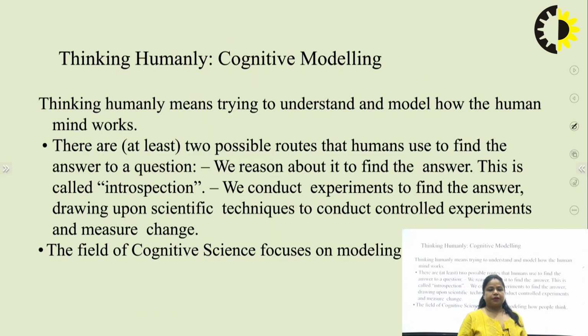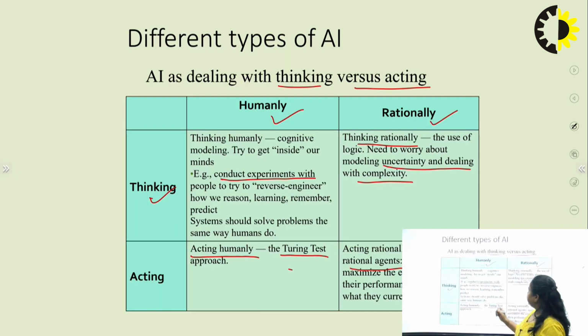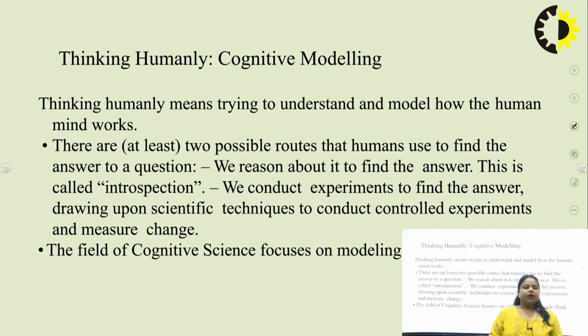Then after that, if I'm talking about thinking humanly, right, there are certain questions that come into my mind, right? So in the previous slide we mentioned that thinking humanly means I'm talking about cognitive modeling. So we should know what is meant by the term cognitive modeling. In the case of cognitive modeling, we can say thinking humanly means we are trying to understand and generate that particular model of how the human mind works. In a similar manner, we are trying to generate a model so that it can work or enact in the similar manner how the human mind works, right?